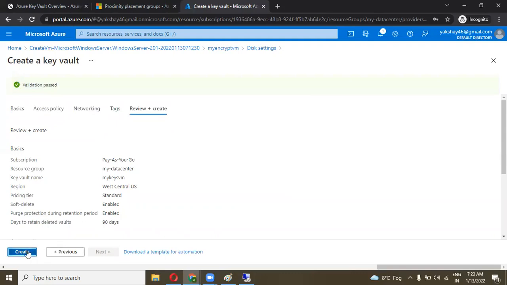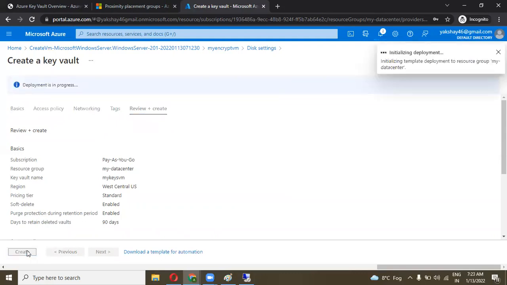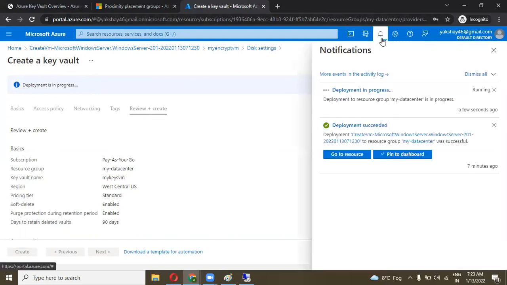Yeah, validation is passed and create. Once the key vault deployment is completed, we need to create a key for our disk encryption. It takes hardly 40 to 50 seconds.